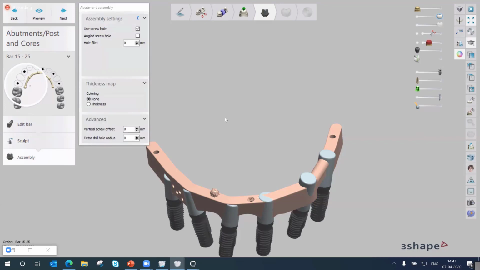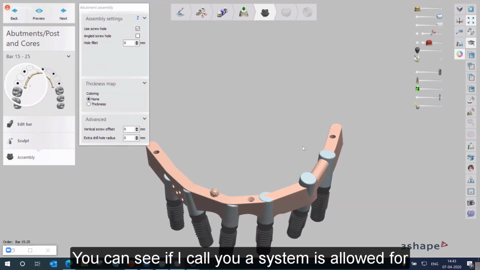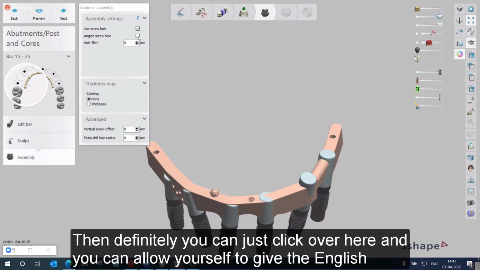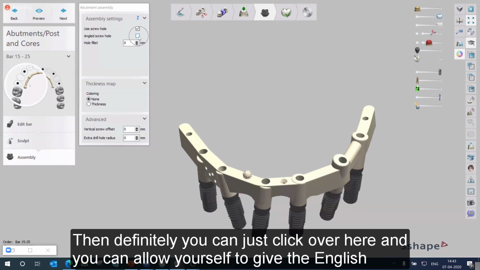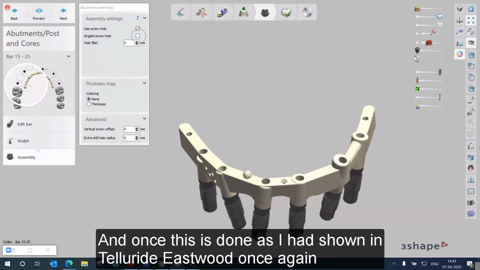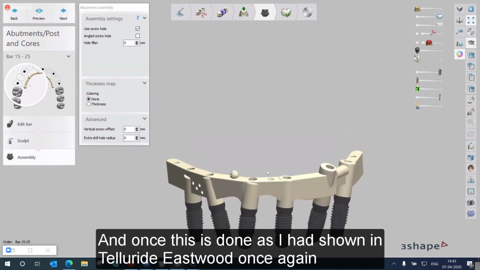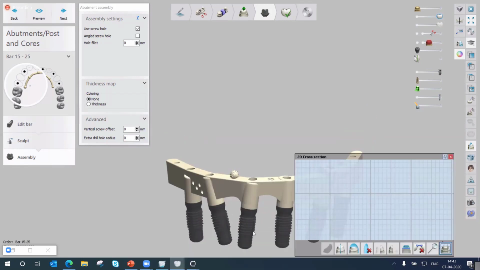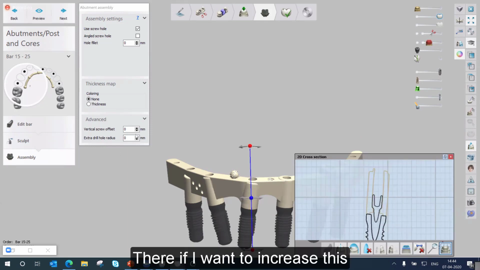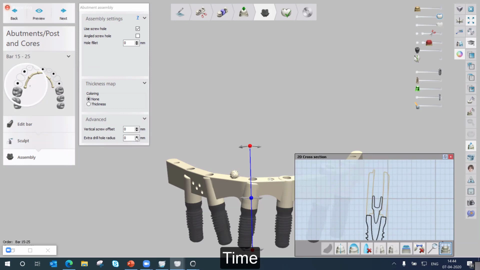And now, here you can see if at all your system is allowed for angulated screw channel, then definitely you can just click over here and you can allow your system to give the angulations. But if it's not, you will not get this option. And once this is done, as I had shown it earlier, I can show it once again. If I'm showing you in the cross section here, if I want to increase this extra drill hole, I can just increase maybe by